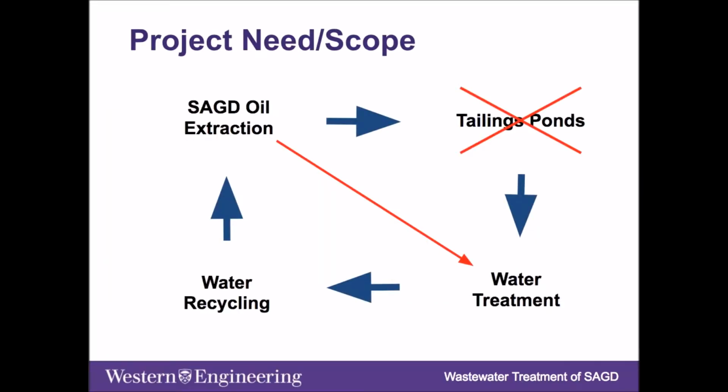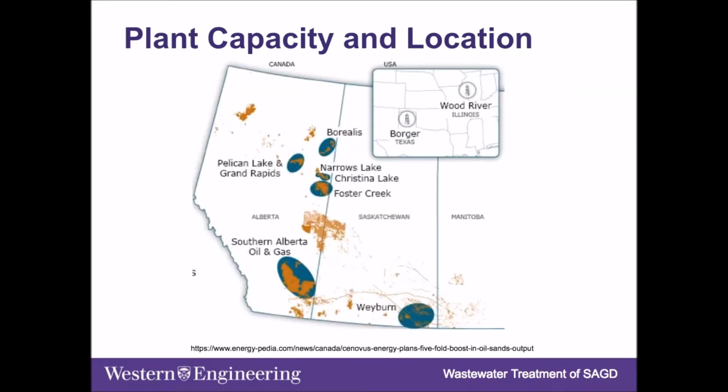Existing wastewater disposal or treatment methods are to use tailing ponds, hot lime process, or ion exchange. Scope of this project is to take the feed water from the separator and to produce boiler quality water for reuse. For the plant location, the facility will be designed for the Phase G expansion of Cenovus Energy's SAGD operation